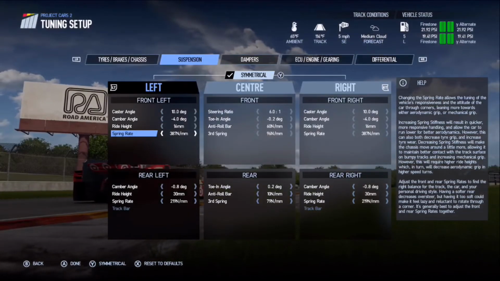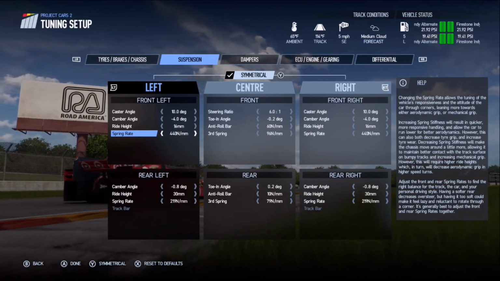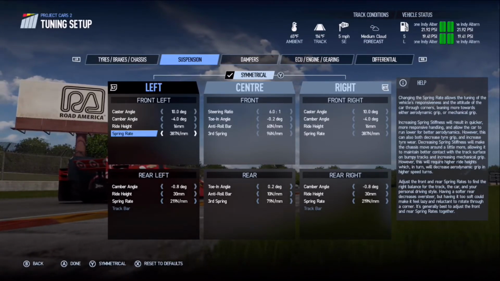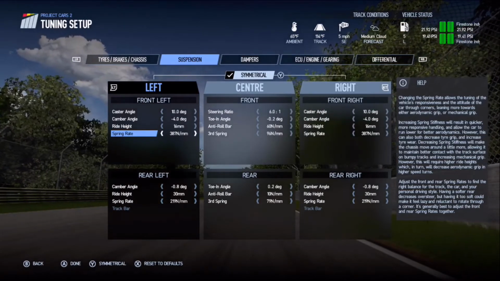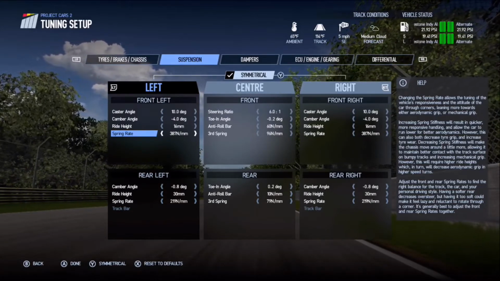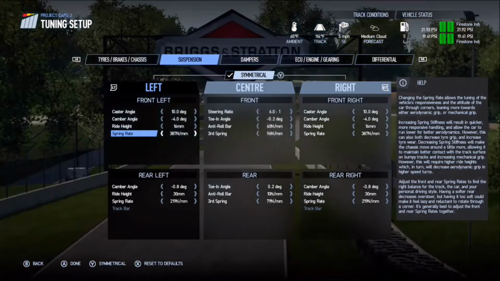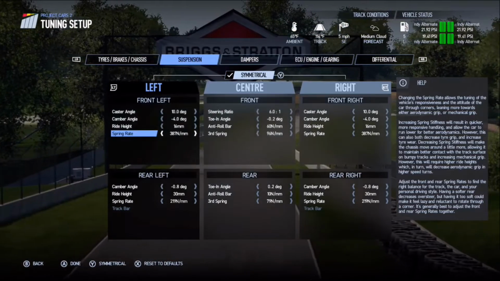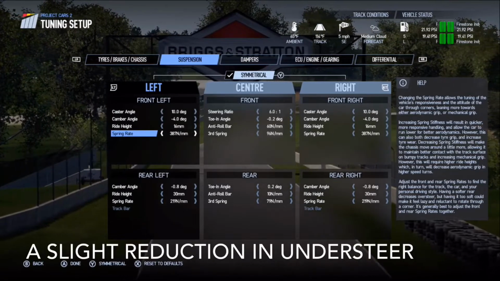Suspension, I was running this slightly harder. I think I had it around the 440. But yeah, just bringing it back down to 387. It's not as low as it'll go, but just to allow the car to move a little bit, and obviously to aid traction through the corners. It also aids running over some of the curbs, but I wouldn't recommend running over any